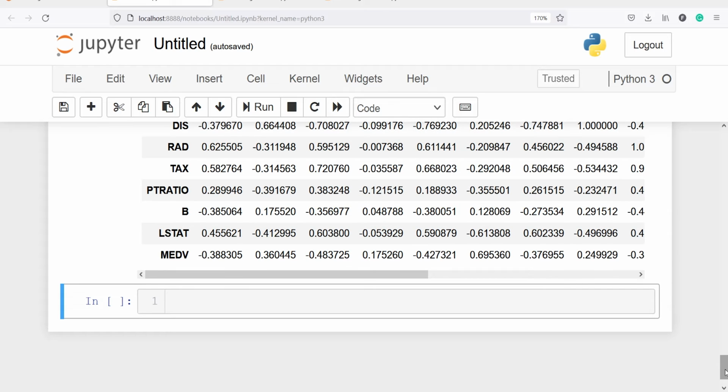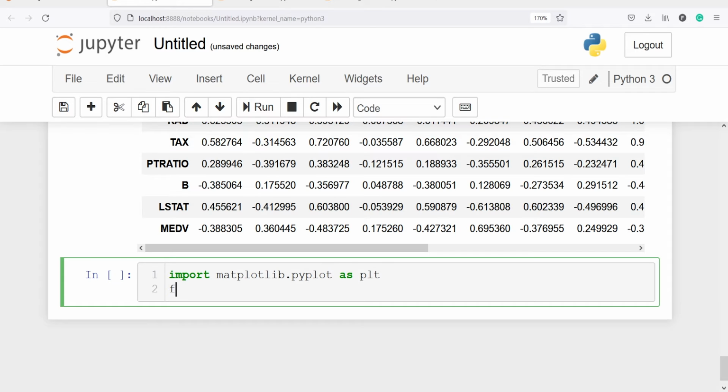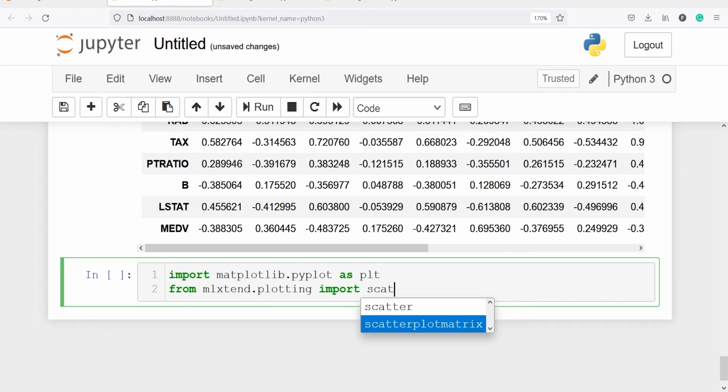Next, we will make the scatter plot. So I will import matplotlib.pyplot as plt, and from mlxtend.plotting I'll import scatterplotmatrix, because I'm going to make a scatter plot matrix here.